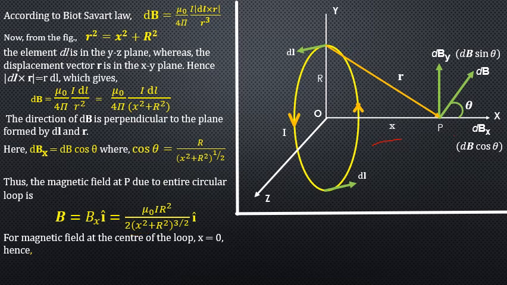So this x term is eliminated, it becomes 0, and finally the expression that we get is, when you solve it, r square raised to the power 3 by 2. So the powers will multiply and it becomes r cube. But there is already r square in the numerator. R square upon r cube will give you only r, and that's why in the final expression we have only r. So this gives us the final expression for magnetic field at the center of the loop.